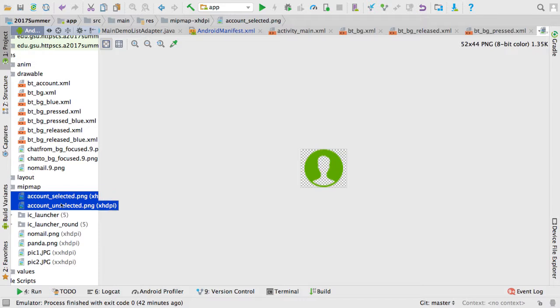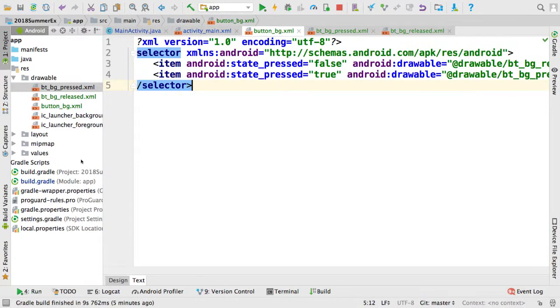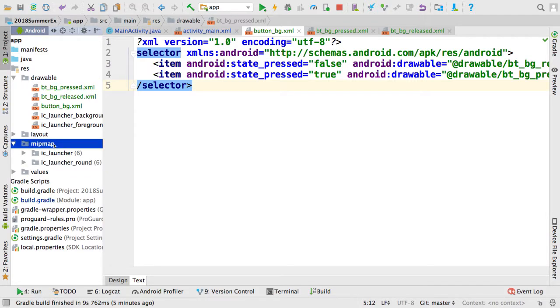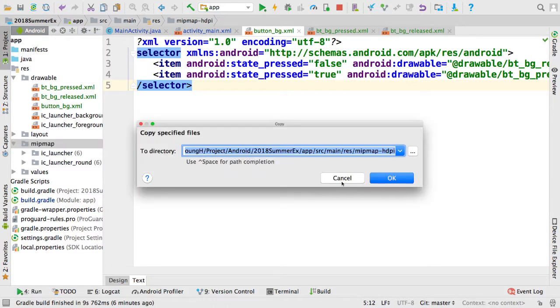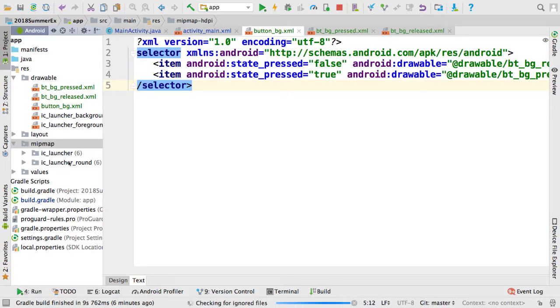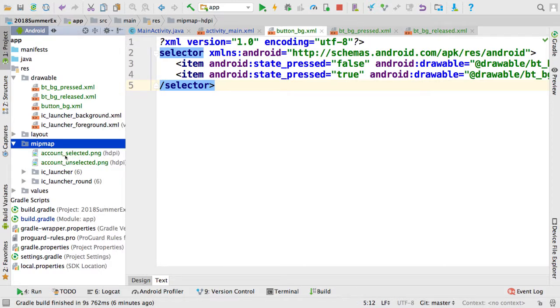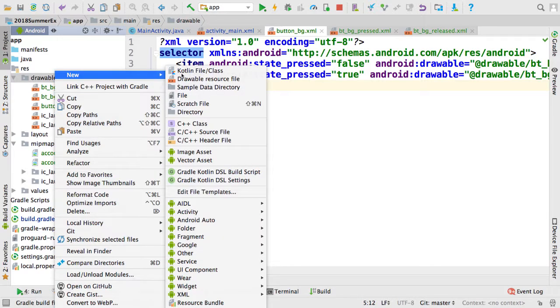And so after you download these two pictures, you can go to your project and go to mipmap. So they have a new picture format called WebP, but usually the designer always gives you a PNG file. But in the future, maybe they will use a new format because it's better than PNG. Then after you put the picture inside the mipmap, we can go to drawable to create the other style file,